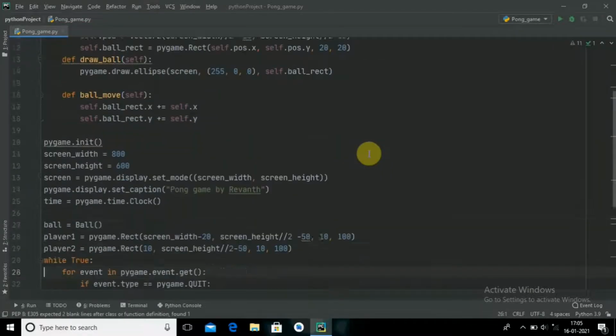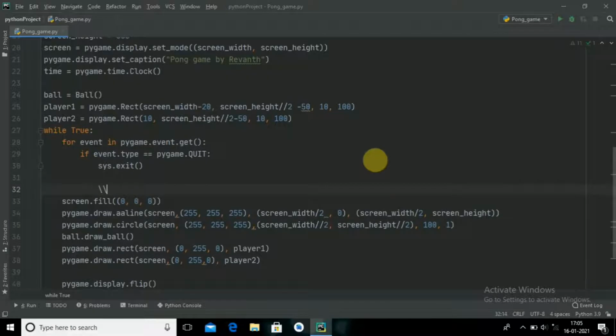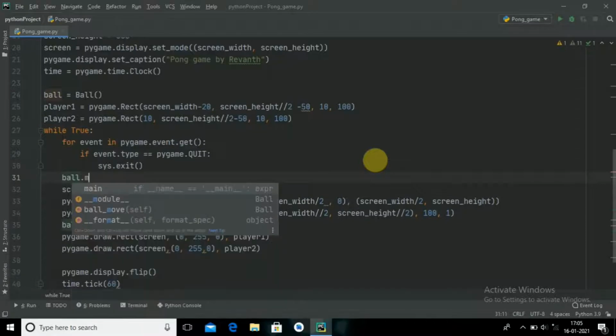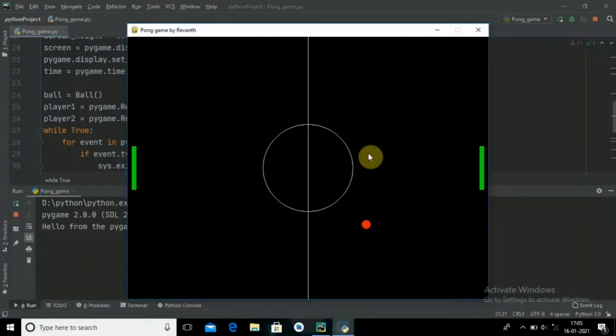Here you go. I have to pass it over here, so for that I will use ball.ball_move. When I run this code, here you go, we can see the ball is moving, but it is